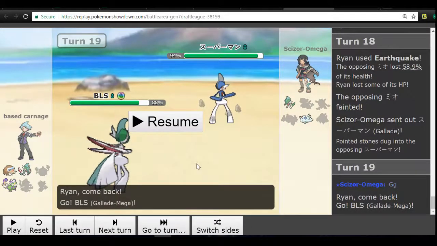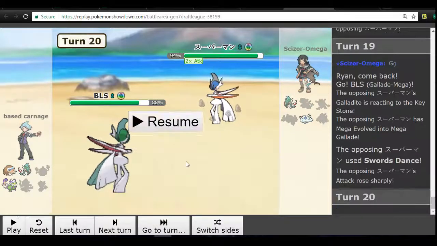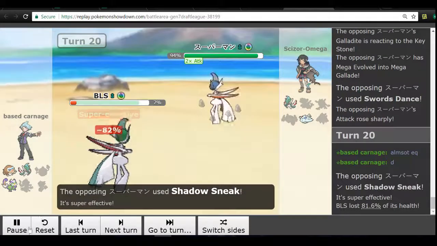I do. And the reason why I switch into Mega Gallade is because +2 Shadow Sneak does kill Torn-T from the range I'm at. It does not kill Mega Gallade, and Mega Gallade has a chance to speed tie and get some damage off. So he Mega Evolves and he goes for the Swords Dance, and that's worst case scenario for me. I wanted him to attack me with the Close Combat, but he goes for Swords Dance, as he now goes for Shadow Sneak, and I do